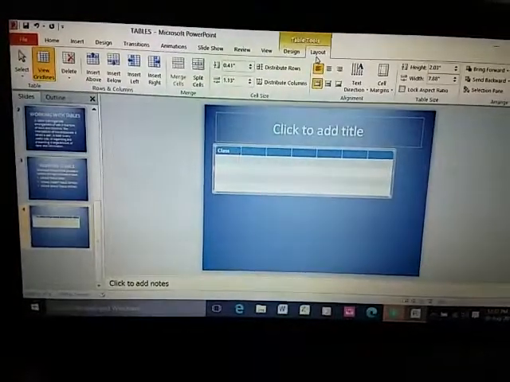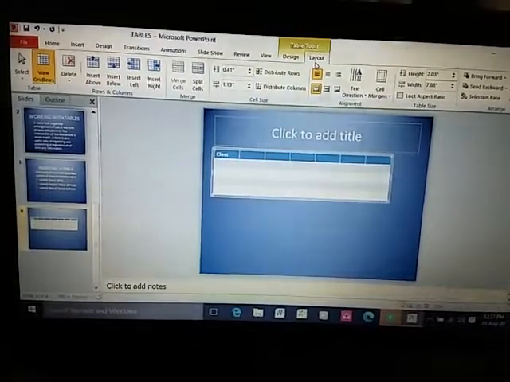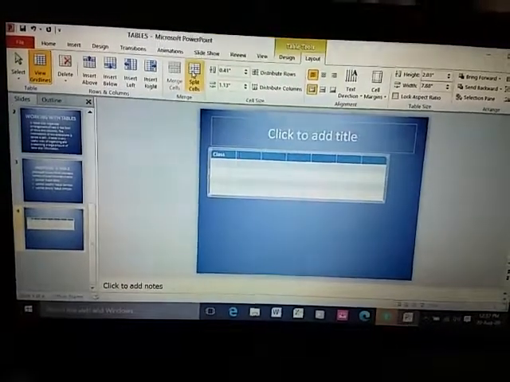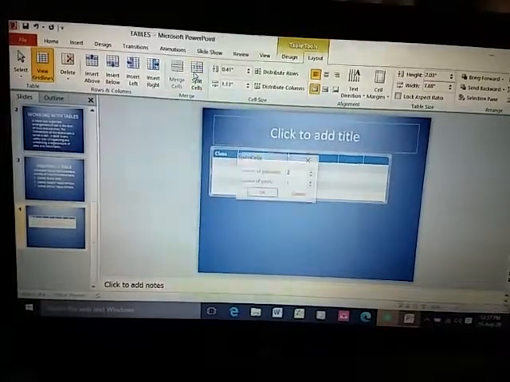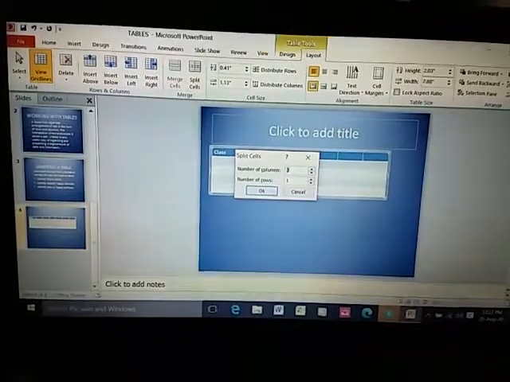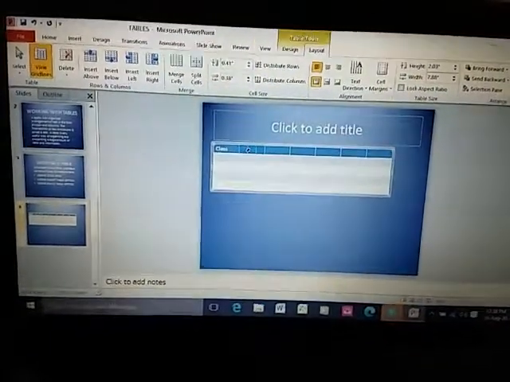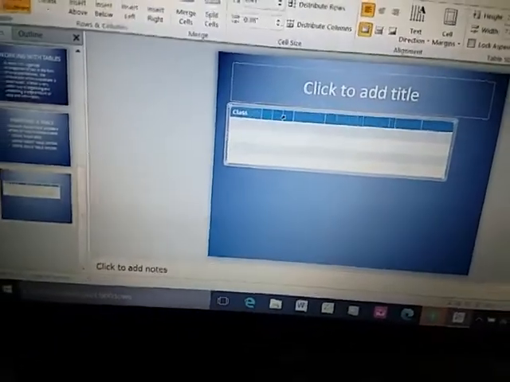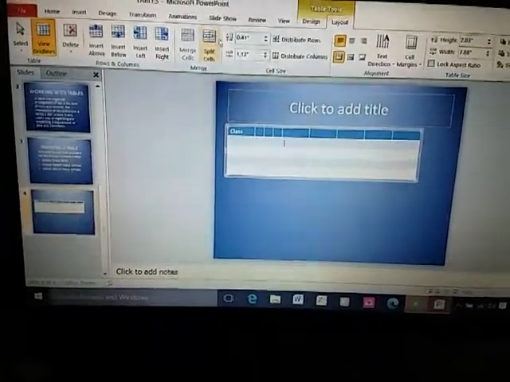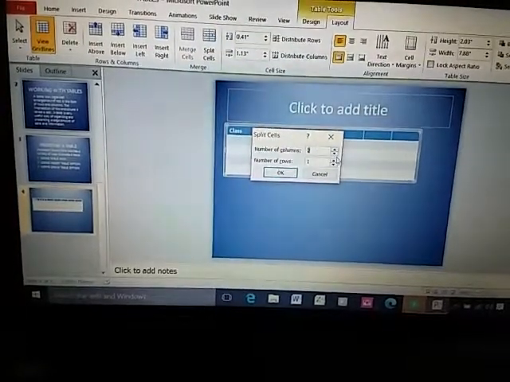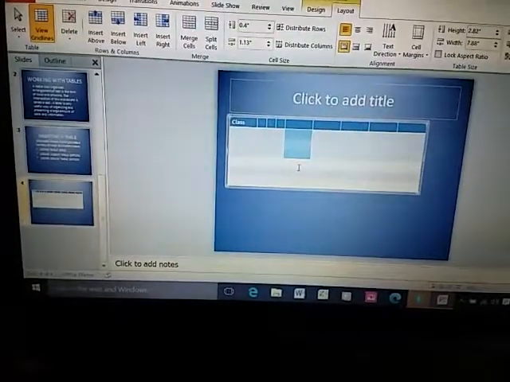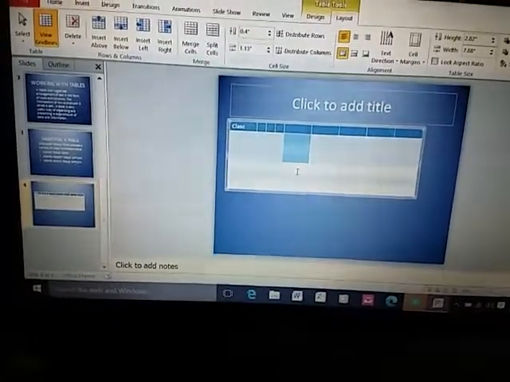Click on this Layout tab. Here I get the option Split Cells, in the Merge group. Click on this. Now how many columns do you want? I want 3 columns here, and I click on OK. Now you can see 3 columns have been inserted here. Same like that, if you want to split rows, in Split Cells the number of columns should be 1, and then enter how many rows you want. Right, and you can see it has been split, it has been divided.